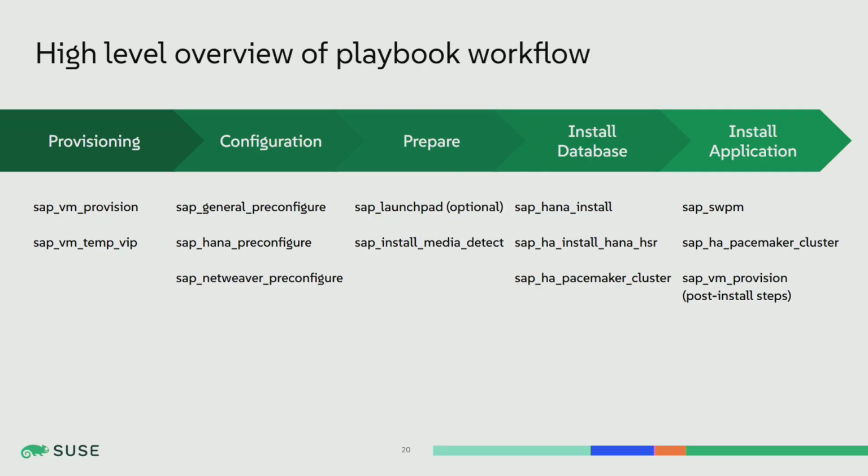And this is the breakdown when you look at the same example, but shown from the perspective of the collections themselves. So you can see how they are broken down based on their order in execution and what they do. So provisioning: you can see we have SAP Infrastructure, SAP VM Provision, and Temp VIP. Those are both setting up and preparing new servers for installation. Once those are finished, of course, servers are ready. So you can run all pre-configuration roles, then prepare, which means downloading and preparing the media, then installation itself, and then, of course, HA if it's needed.